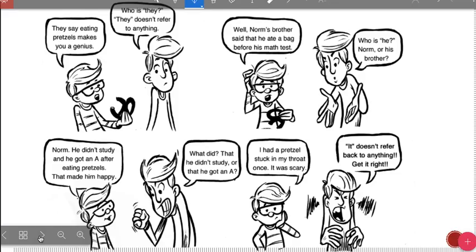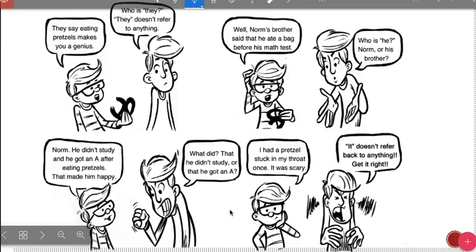So here's a little example. They say eating pretzels makes you a genius. Who is they? They doesn't refer to anything. Well, Norm's brother said that he ate a bag before his math test. Who is he? Norm or his brother? Norm. He didn't study and he got an A after eating pretzels. That made him happy. What did? That he didn't study or that he got an A? I had a pretzel stuck in my throat once. It was scary. It doesn't refer back to anything. Get it right. So this little comic is a silly little example of how it can be very confusing when